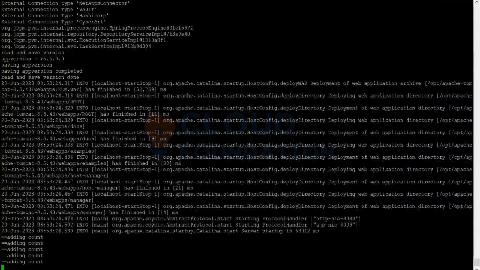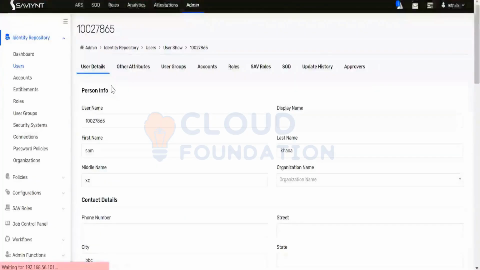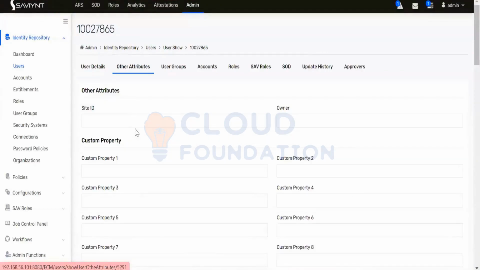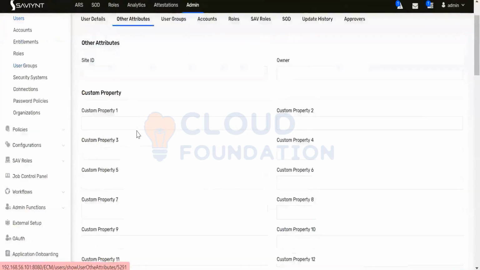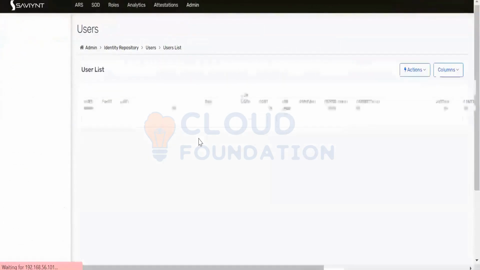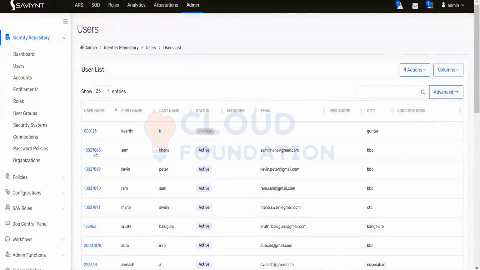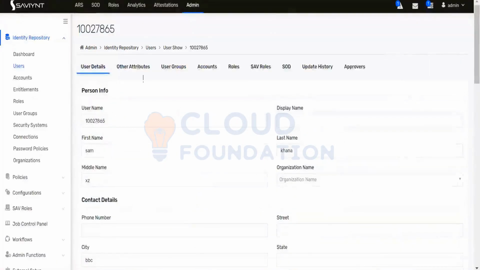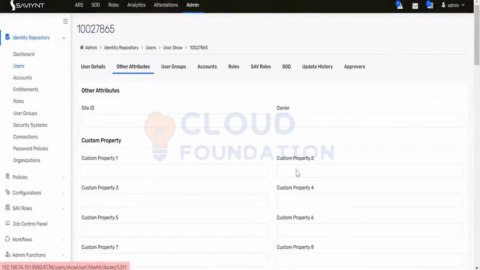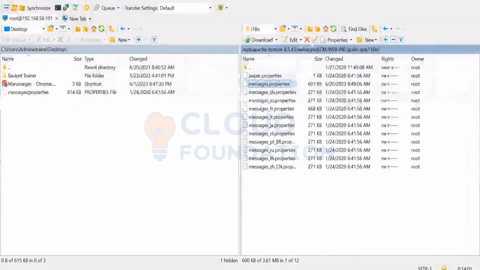I think it started now. Let me refresh it again. If I go to other attribute, I think it didn't change for me. If I open the user, go to other attribute, no, it didn't change for me. Let's see what happened. If I refresh it,